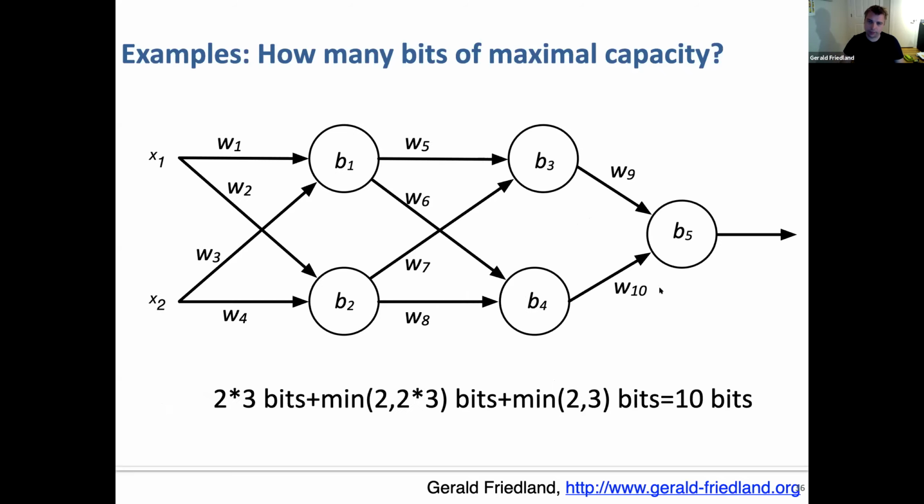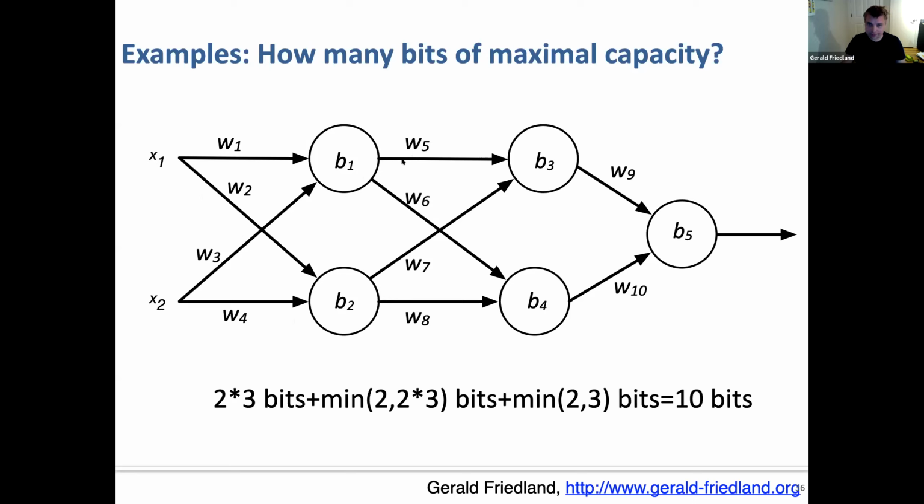So let's do it in a better example. So this is a typical, very simple deep learner. And I say, okay, 1 plus 1 plus 1 is 3, 1 plus 1 plus 1 is 3. So the first layer, assuming there's no limitations in the input whatsoever, has 6 bits of capacity, 2 times 3. But now we are outputting 1 bit each from each neuron, right? So now does it matter that we multiplex? No, it doesn't matter, because